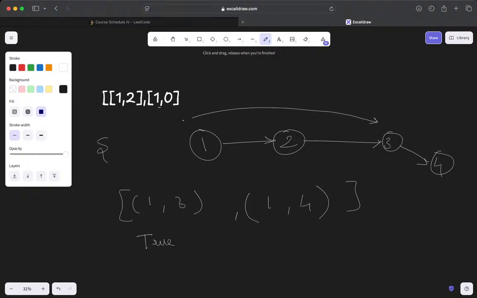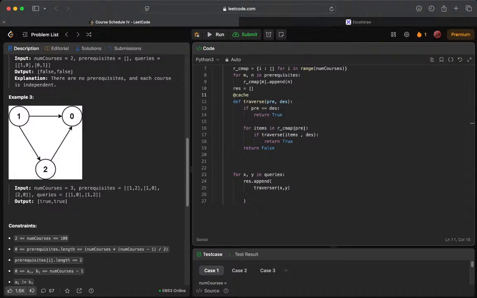And then for 1 comma 4 there will be an instance where this node will be 1 comma 3. So 1 comma 3 is true, and if we are reaching from 3 to 4, then this should also be true. So that's why we are adding a cache here. And when we run it,